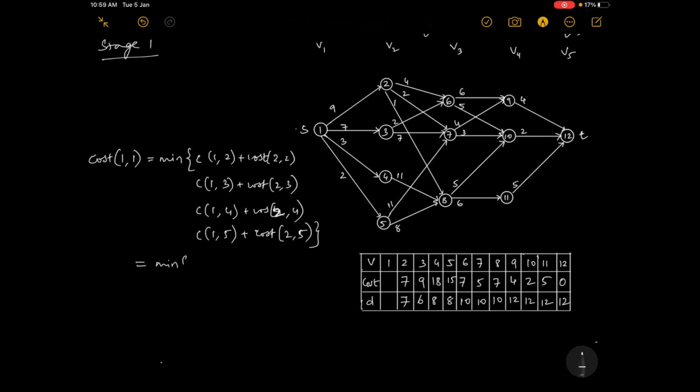Okay, so minimum of first term, what is that? Is 9. What is cost of vertex 2? Yes, it is 7